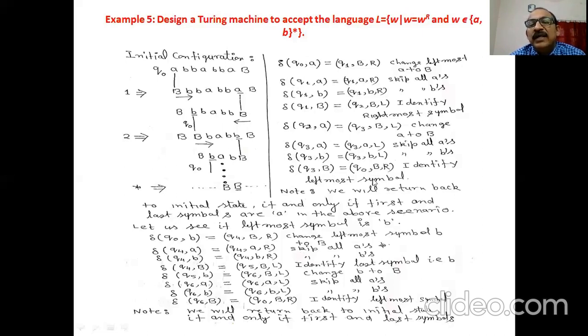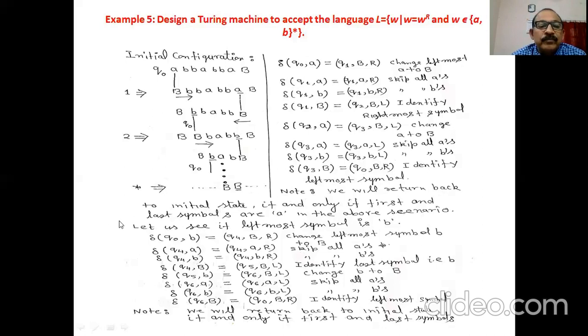This way we identify the leftmost symbol. Now we are in this position. Machine in state Q0, input is b. At this time the input is b, so we don't go to state Q1. Here is one of the important things: we will return to the initial state if and only if the first and last symbols are a. In the above scenario,